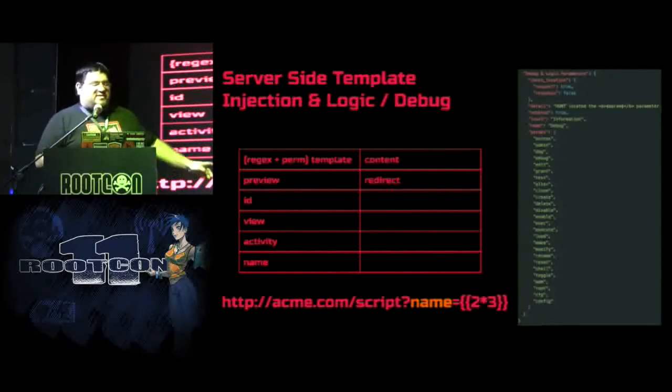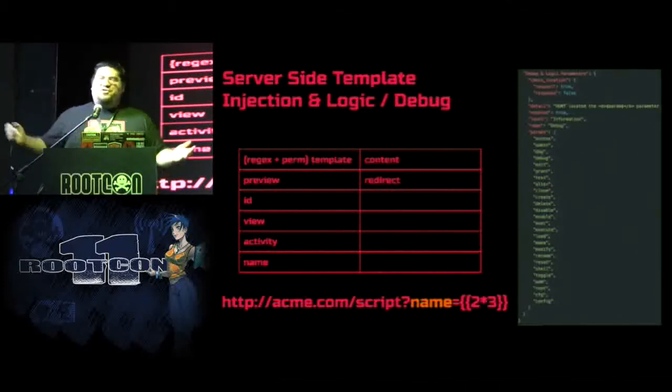And so the idea down here for this bug is that you go to a script, and instead of putting in a name value, you put in a map function inside of curly braces. And so here I put 2 times 3. And then the output doesn't return my name, but it instead returns 2 times 3 is what? Somebody tell me? 6, yes. If it returns 6, then I know that there's a problem here. I can execute code. These are the most likely culprits in the table for server-side template injection, the most likely